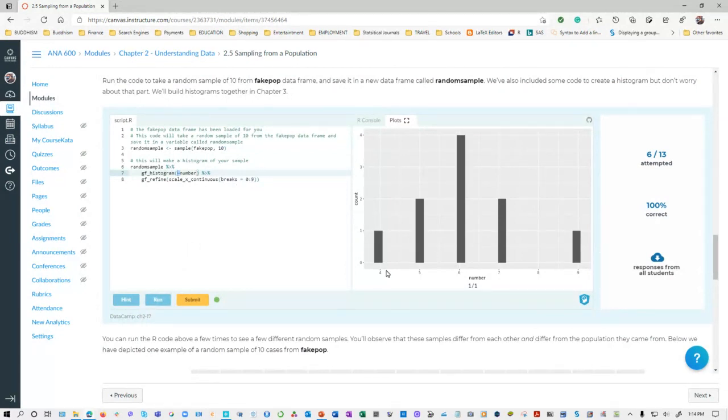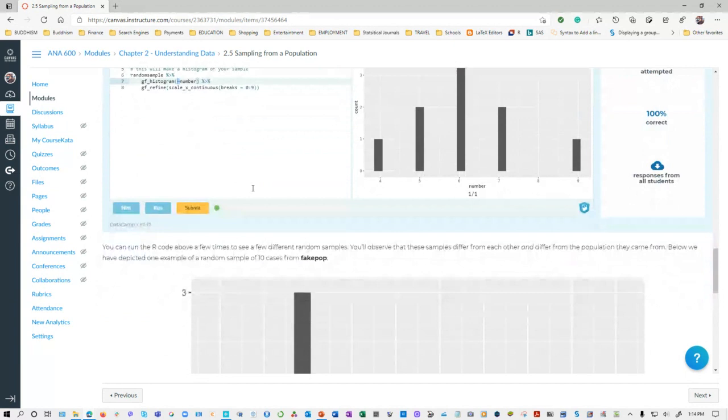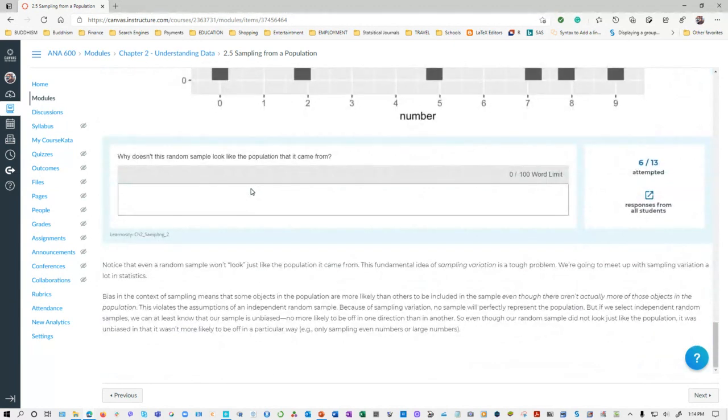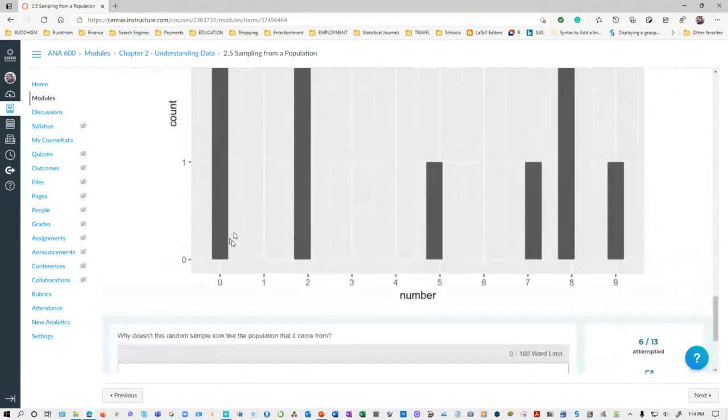You have to make sure that you have the 0 to 9. It has been scaled 0 to 9, continuously refined. But if you go ahead and look at this one,